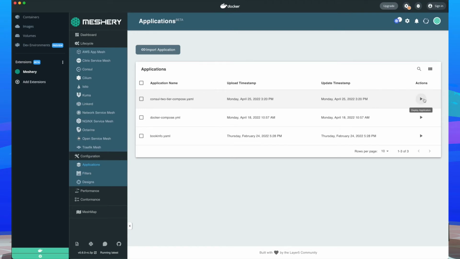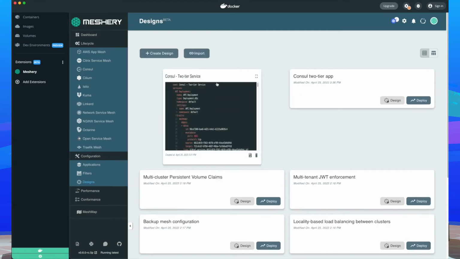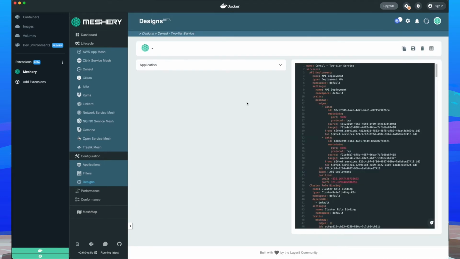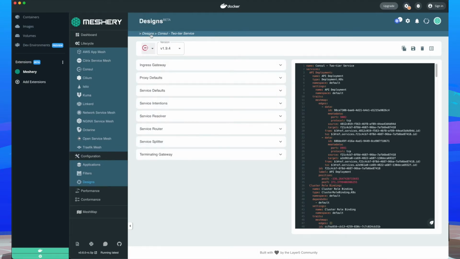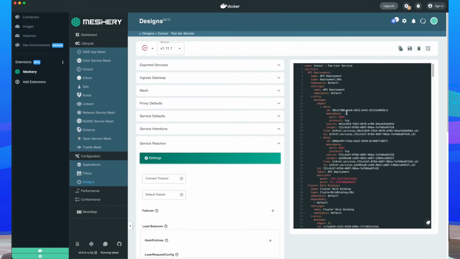We can deploy that application now, but what's actually more interesting is to go over and work on design and further explore the capabilities of the Consul service mesh. So inside this designer, we're able to choose our Consul service mesh, the version that we want to work with, and then begin to browse the various functionalities and learn about how to apply these to our application, which gets built out dynamically here. Once done, you can save your updates. You can then deploy your designs.